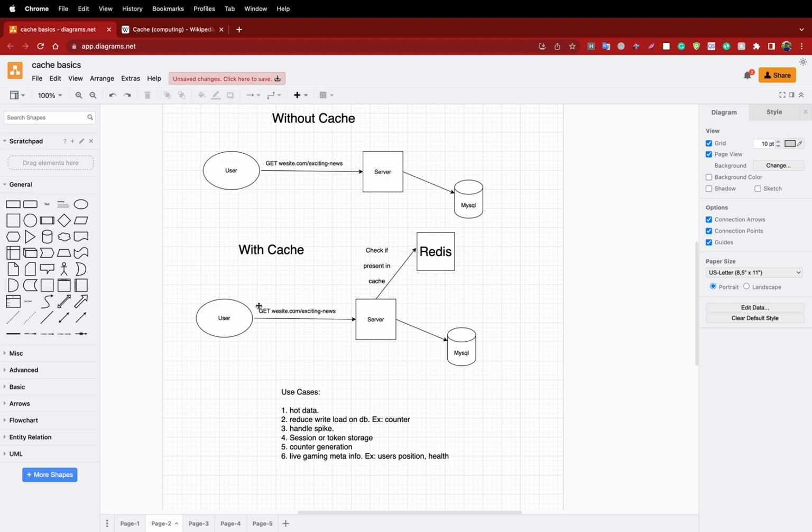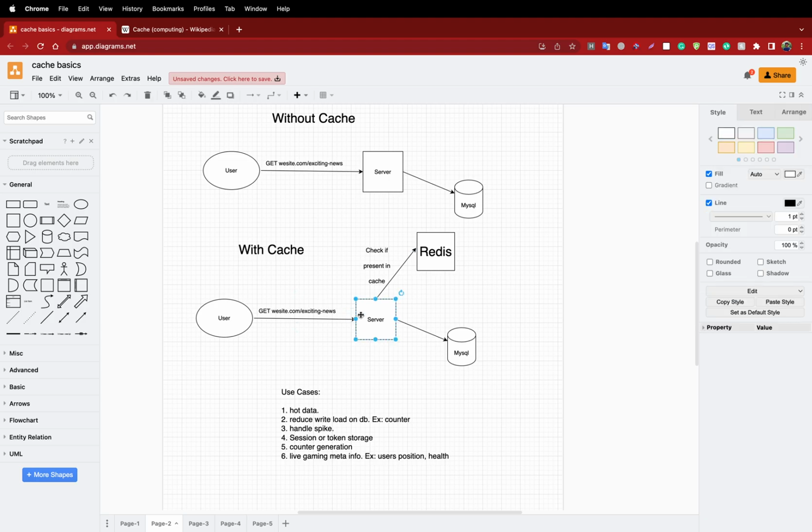So when we get a request for the exciting news, we can check the cache: cache, tell me if you have this news or not. If you have it, we will just serve it from the cache, so we do not have to call the database for this case. And this helps because the properties of a cache is,